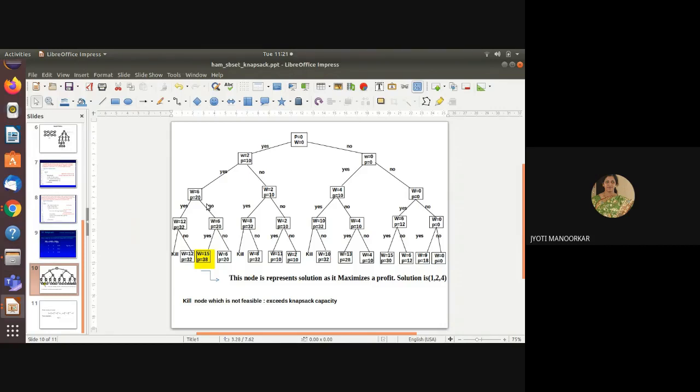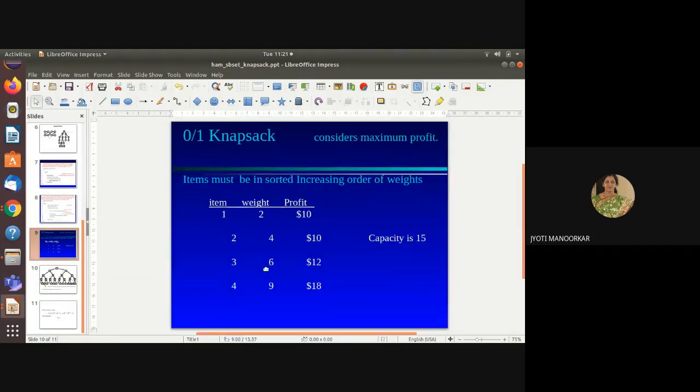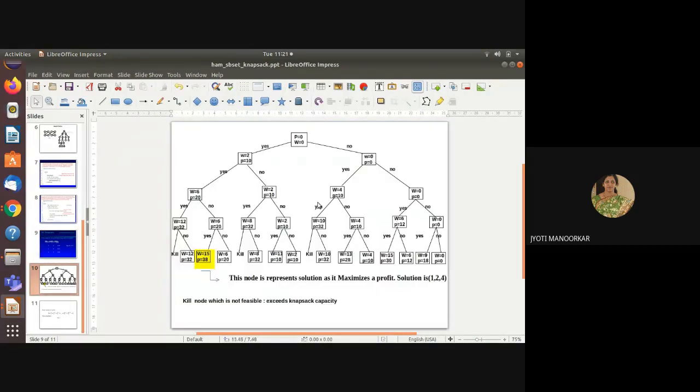Yes, guys, please respond. Okay, so consider the third element. थर्ड एलिमेंट का वेट कितना है? It's 6. Okay, so remaining capacity of knapsack is 15 minus 6. So can third element be included in current weight of knapsack? Yes, it can be included, right? It fits into the knapsack.